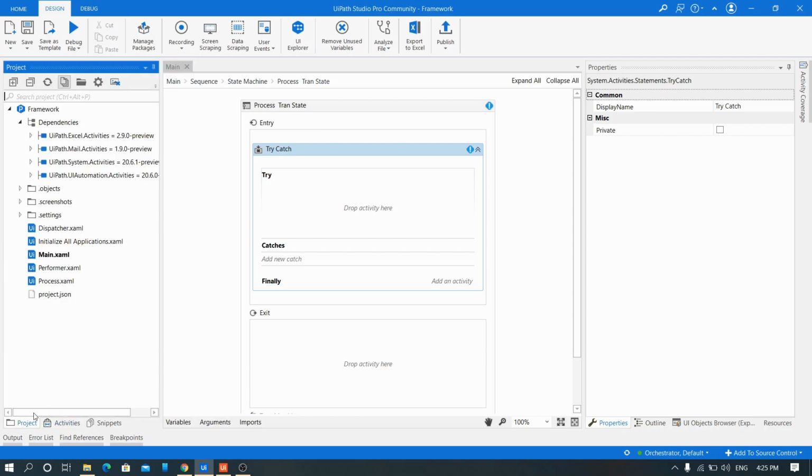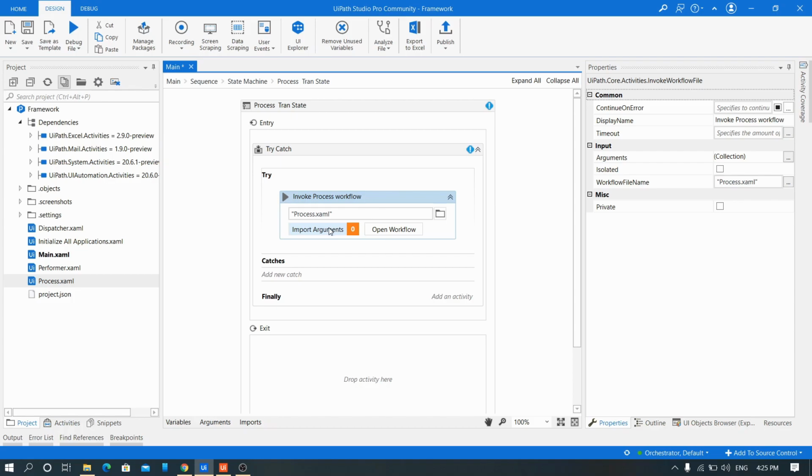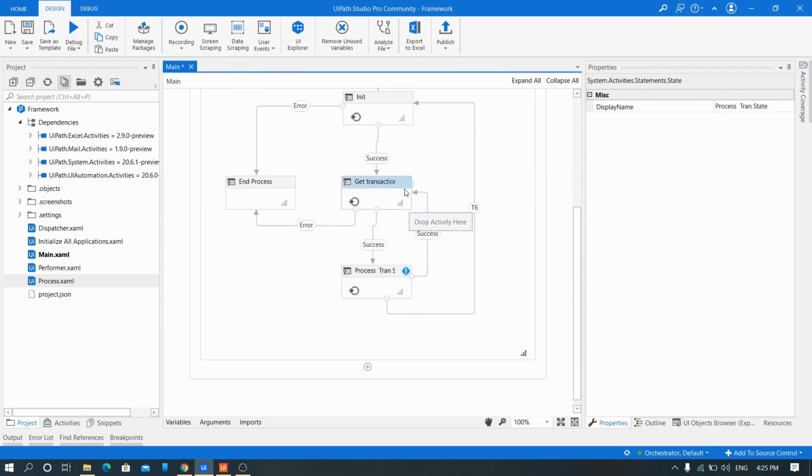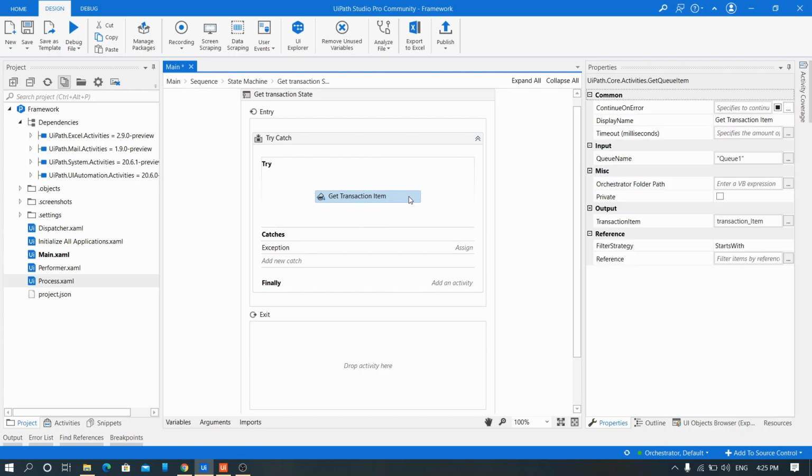What we'll do, we created a process which takes in argument for transaction item, but transaction item we are doing it here, get transaction item. Okay, this get transaction item is stored in transaction item.